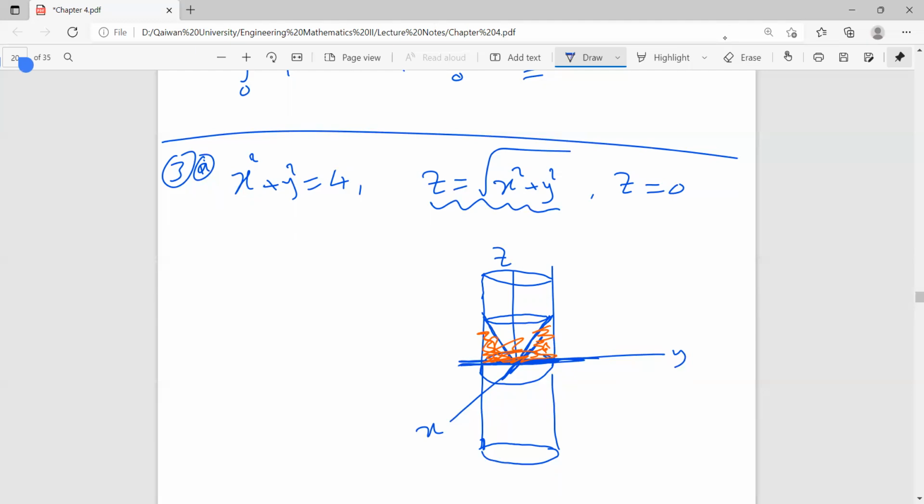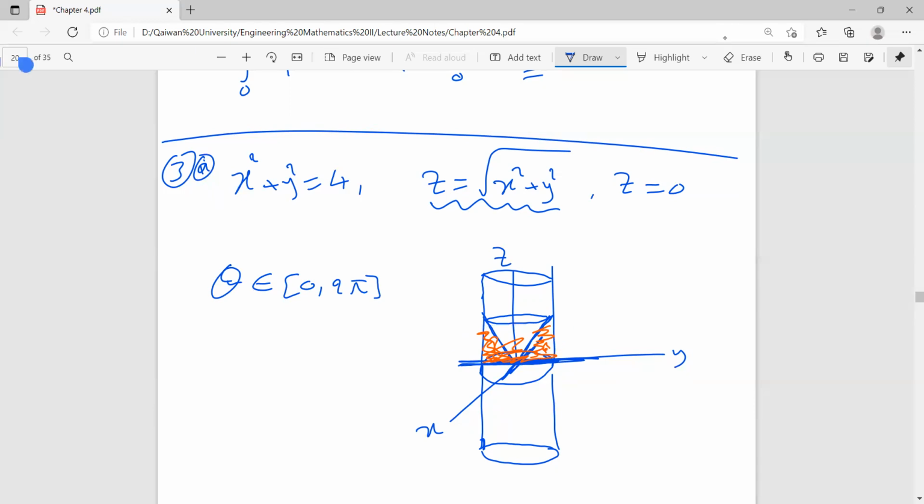First, let's find theta. As you see, it's rounding, it's rounded. Theta is from 0 to 2 pi. Theta belongs to 0 to 2 pi. And then for phi,